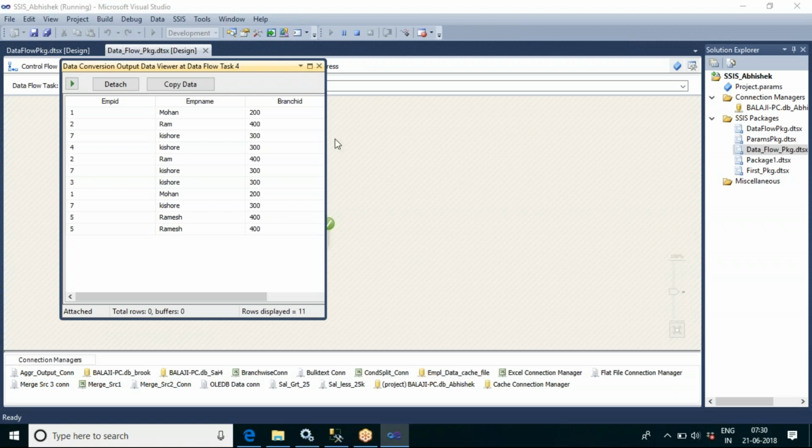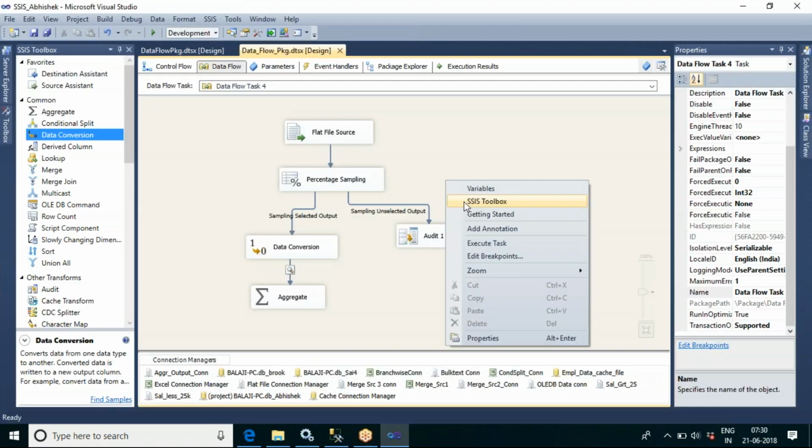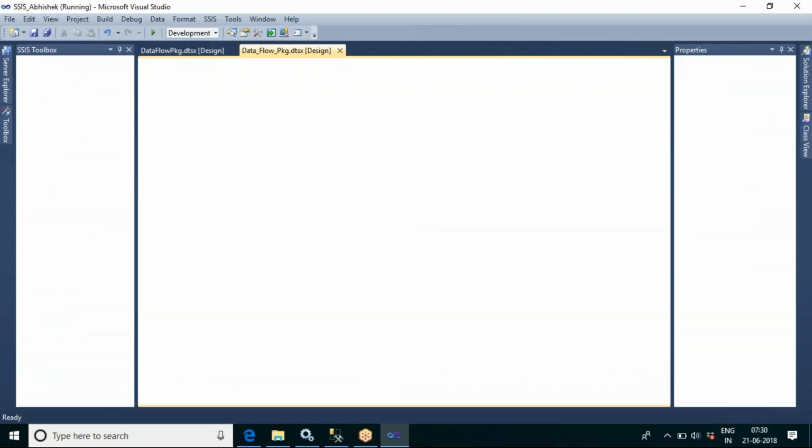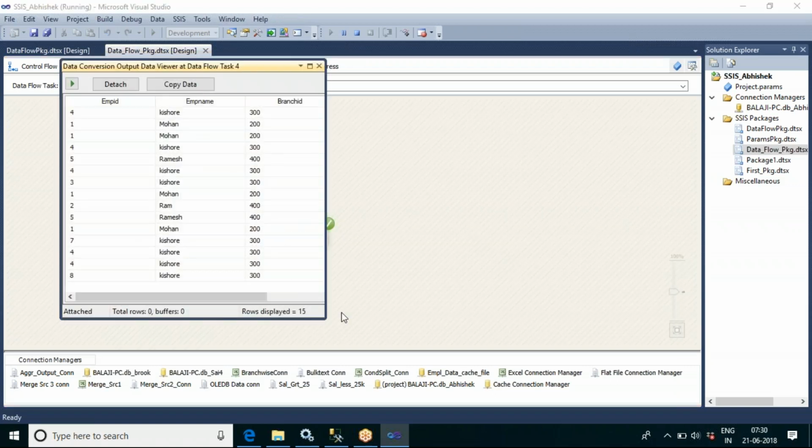Now you can see what type of data it is giving here: 127427317. Now if I execute one more time, it has given some other data, 1271473. If I execute one more time, it will give us a different set of data so that the testers can also test with different data. This is just to separate some percent of data from your source. Now you can see it is giving 15 records, 41144543. Like this.